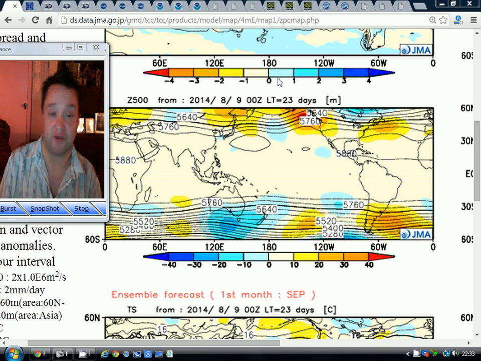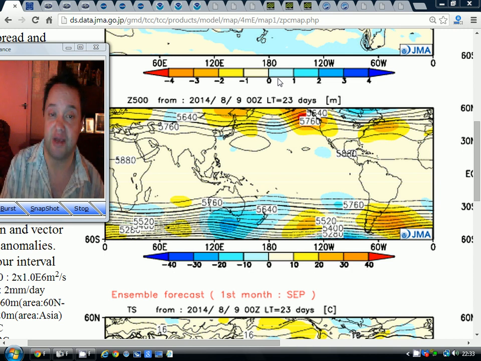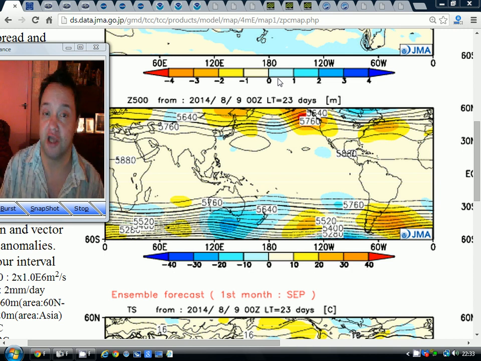Now, the last couple of updates have both been pointing towards quite a mild autumn, quite a warm autumn. Also quite unsettled as well with above average rainfall. We'll see whether that trend continues through these models. If it does, it's going to be interesting to see whether I agree with that, or whether actually I want to change things a little bit in terms of my own interpretation.